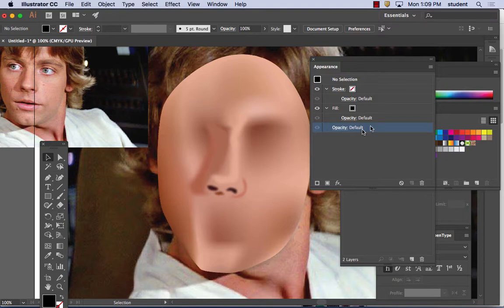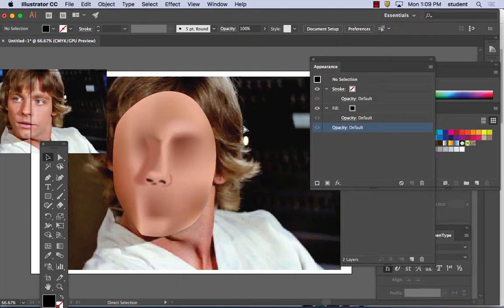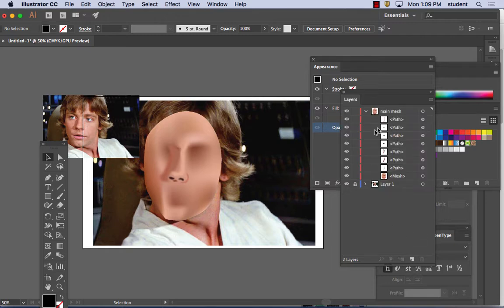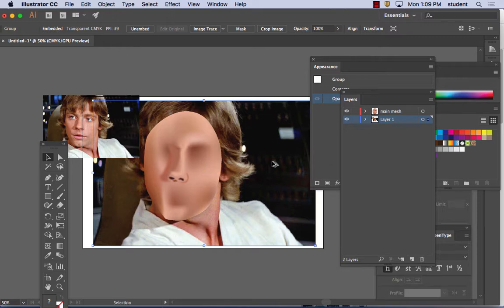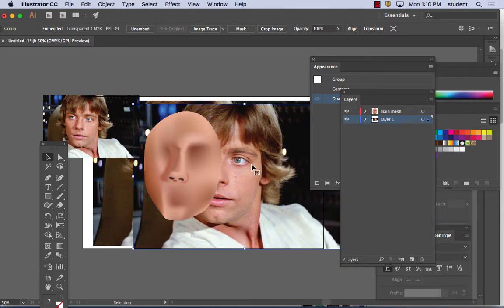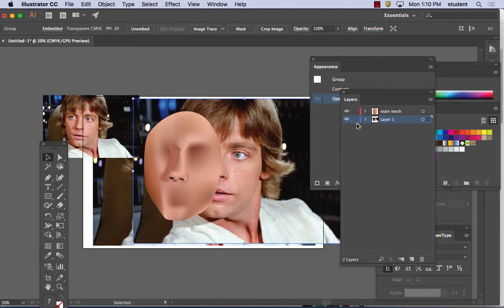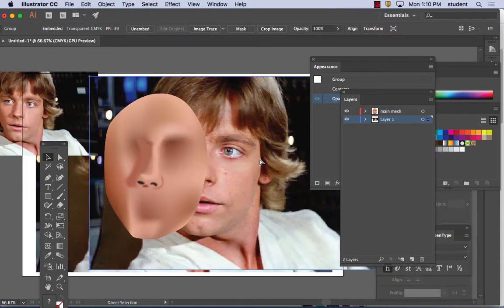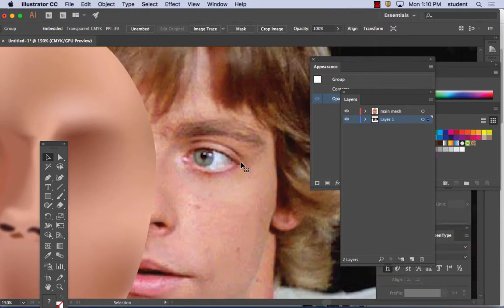So actually, I'm going to duplicate this again. I'm going to go back to my layers window, and I'm going to duplicate this. And so let's look at the eye for a moment. Again, the eye is a little bit difficult in that there's so many different colors going on in an eye. He's got so many different colors. How I might approach this with the gradient mesh technique, again,